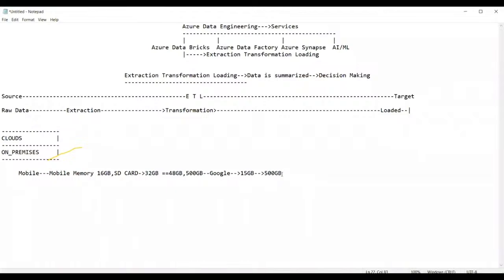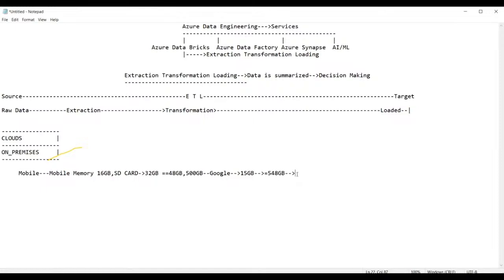Now, guys, I bought it. Everything is done. What is the total amount of memory I have? 548 GB. That means 48 GB in my mobile phone and 500 GB on my Google Drive. Now, one fine day, I lost my mobile phone, guys. That is my query. When I lose my mobile phone, I could not trace it.